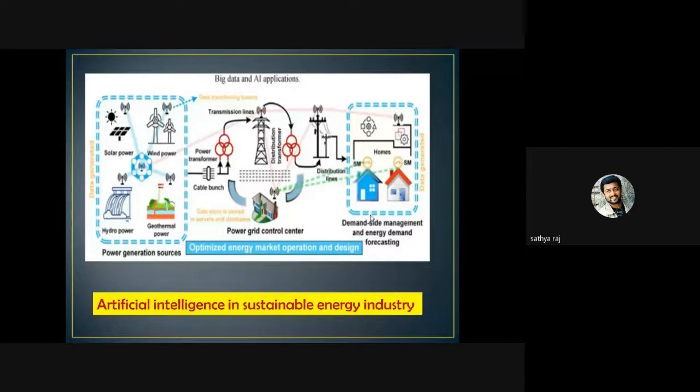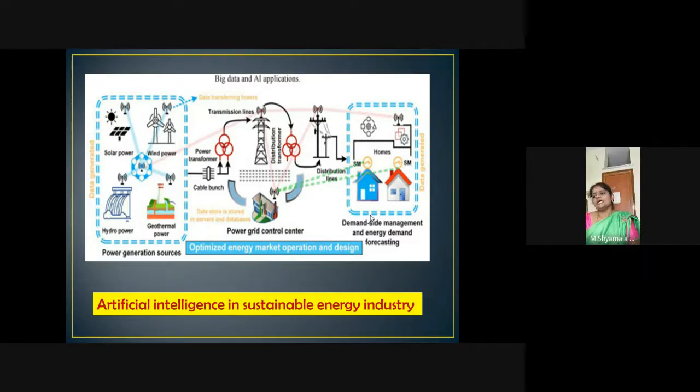Doing everything by a human being is a very tedious process. In such cases, we go for artificial intelligence applications so that we are able to get quality power